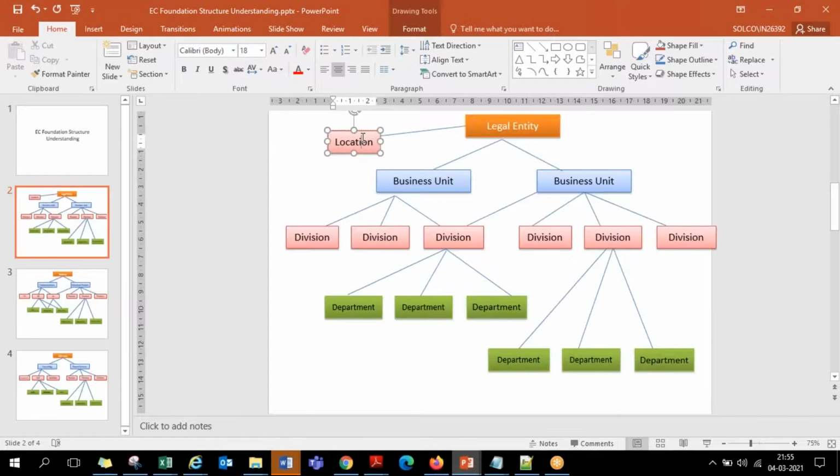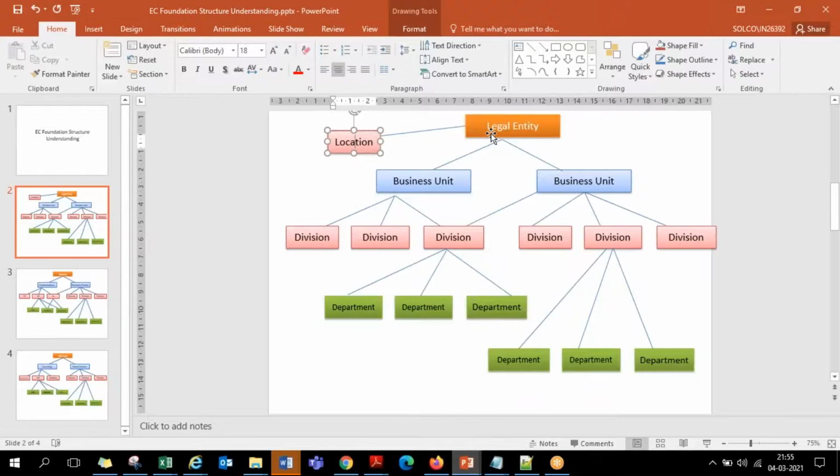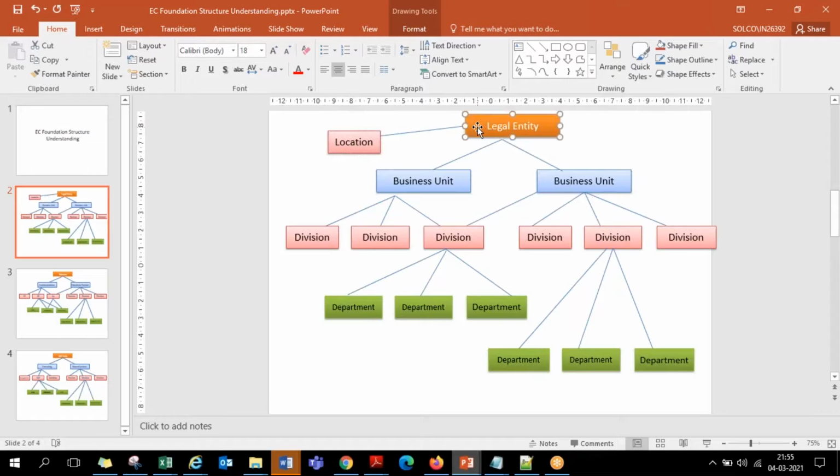Yeah, that PowerPoint you just showed. So we are talking about MDF association, right? Currently, what we have found is association at the MDF objects level. So is there any chance that we need to associate blue with orange? That is what I've started. Location is a corporate data model object, a normal foundation object. Now I started into that. I'll cover everything, guys, don't worry. So legal entity and location is the next association.